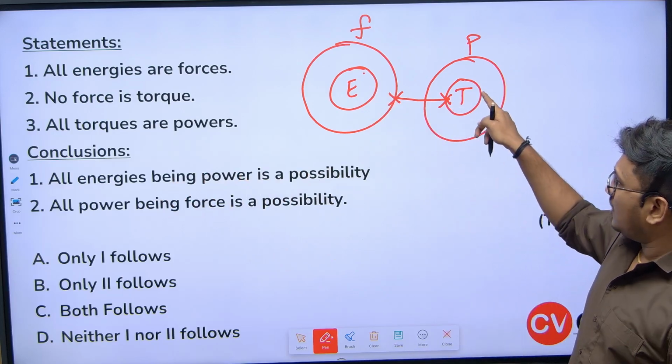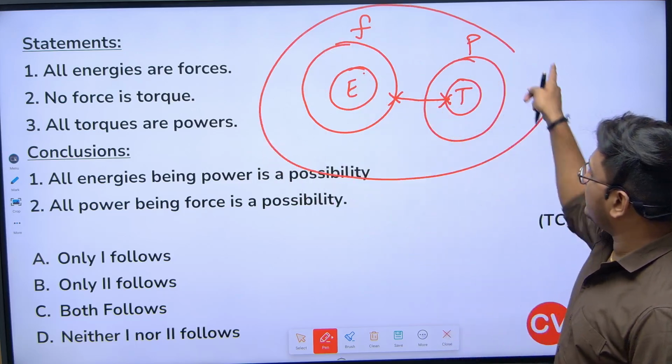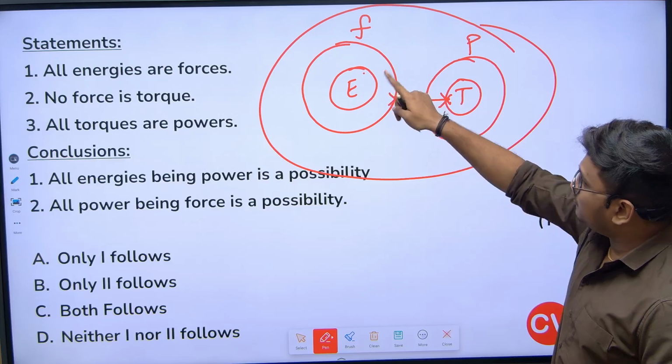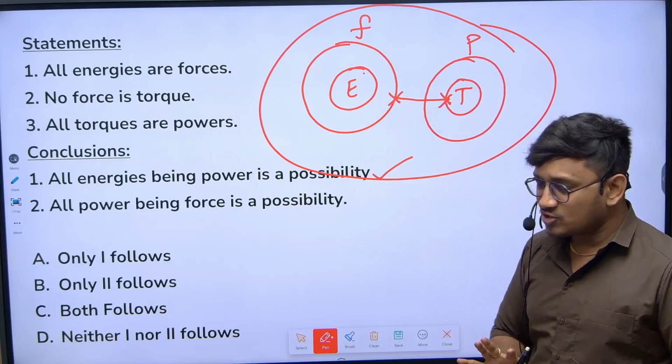See, if you observe, all torques should be in powers, right? I can also draw the power cycle if you want, like this. This is also a possibility. So all energies being powers is a possibility without disturbing any circles. So next,